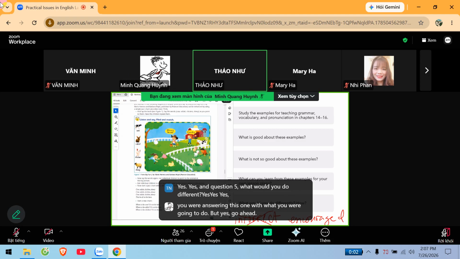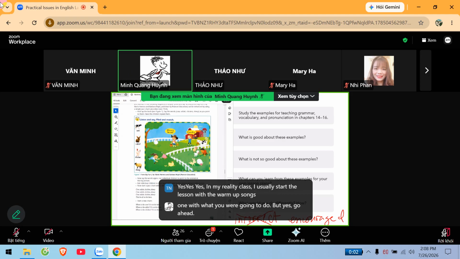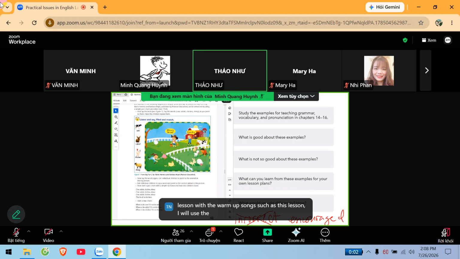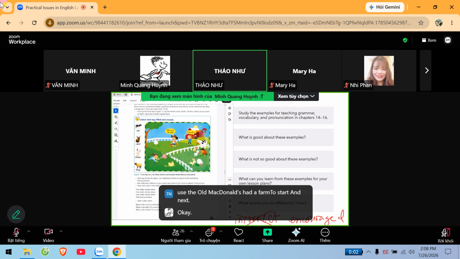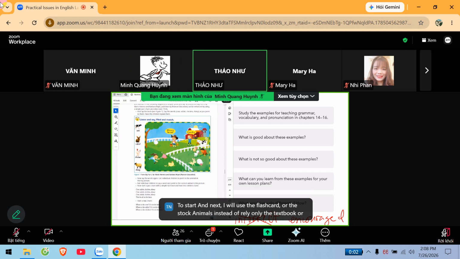In my reading class, I usually start the lesson with warm-up songs. Such as in this lesson, I will use Old MacDonald Had a Farm to start. And next, I will use flashcards or stuffed animals instead of relying only on the textbook, to make the lesson more visual and engaging. And after that, I will use a chant and organize some interactive games such as slap the card,